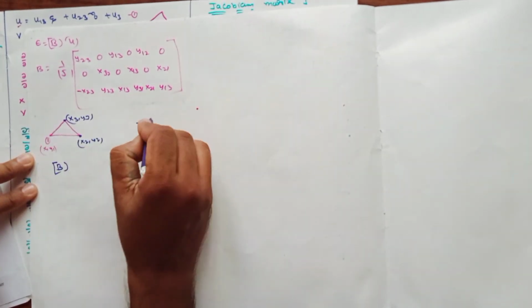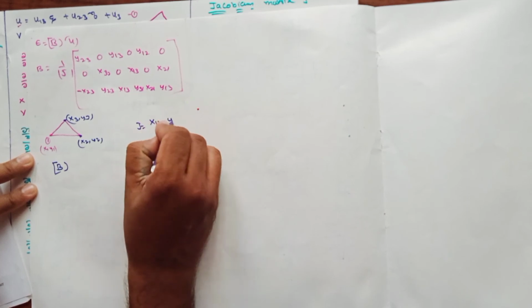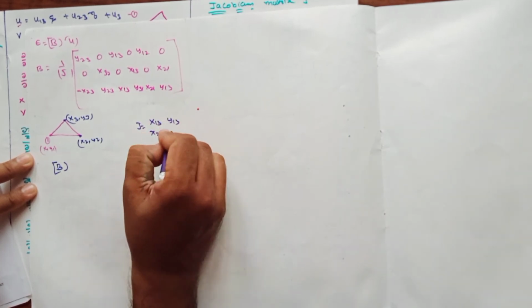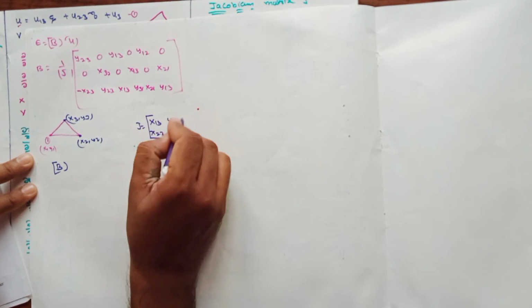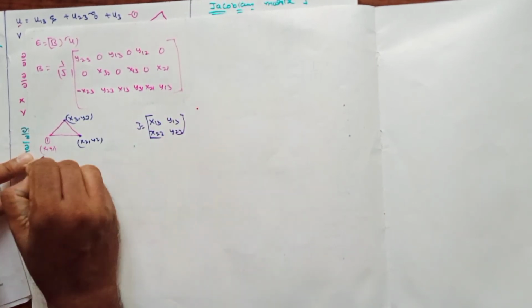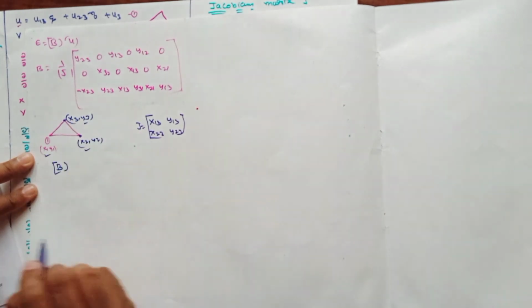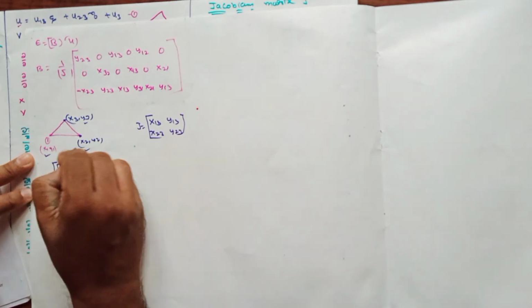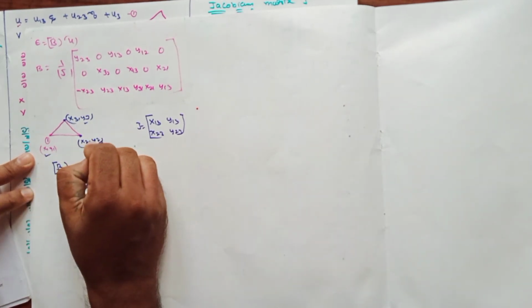Because det of J, the Jacobian, can also be defined from x13, y13, x23 and y23. So det of J is also possible to calculate if you know each and every coordinate value of your CST triangle. If you know the nodal coordinates as well as the nodal displacements, it is very easy to solve for the strain, that is B times U. So now